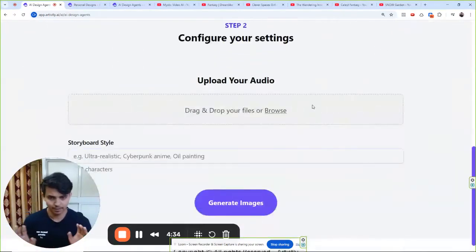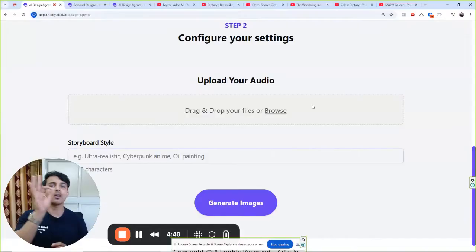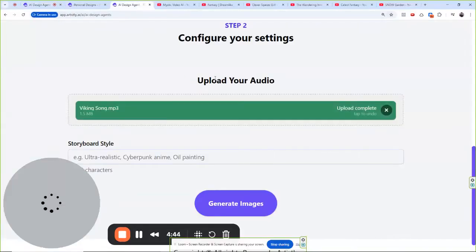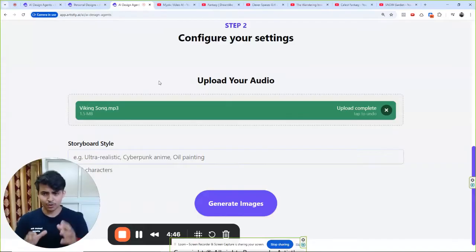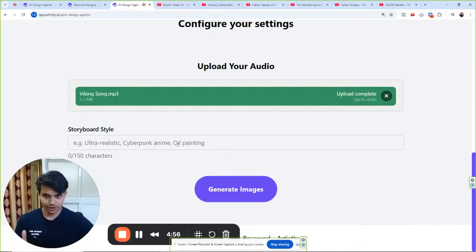All you gotta do is drop in your music, right? Your Suno track or your clone voice music or any music you have. Just drop it in just like this, right? Now I want to convert a Viking song that I've created in clonevoice.ai, and I want to convert it into a storyboard. Now what you need to do is specify the style you want: